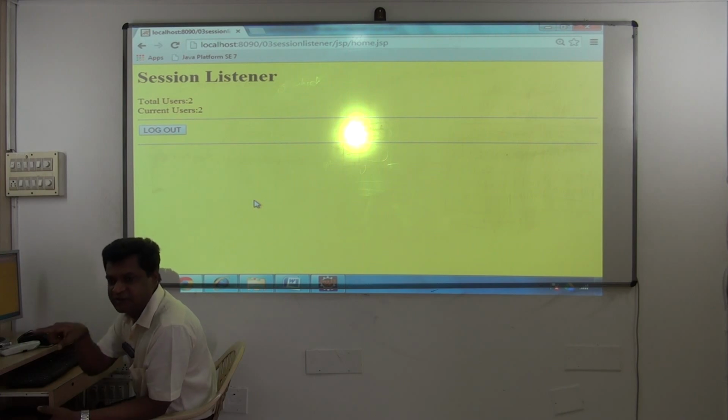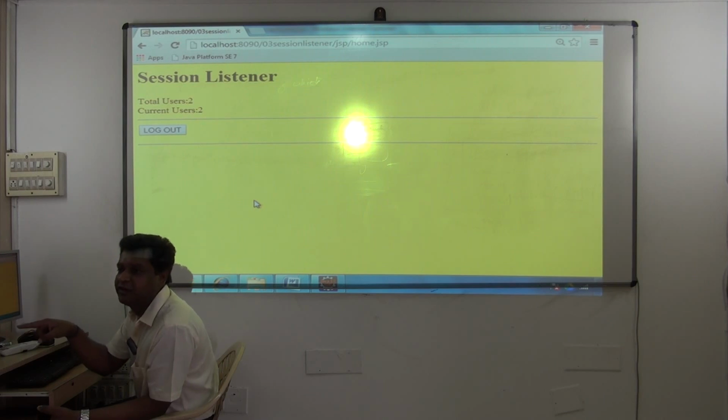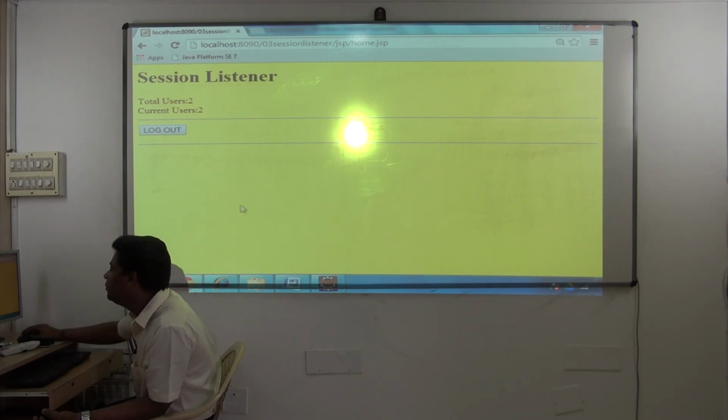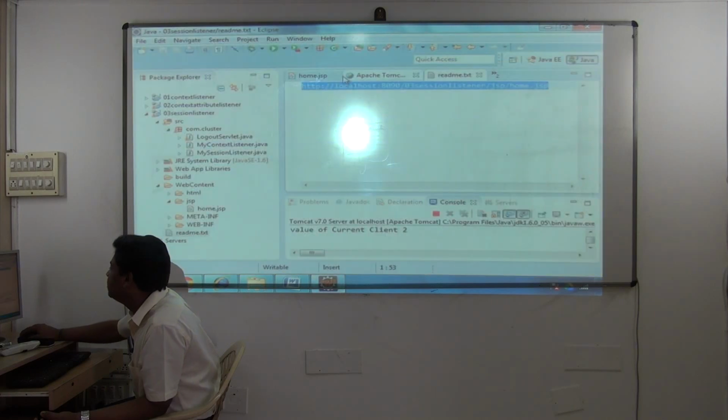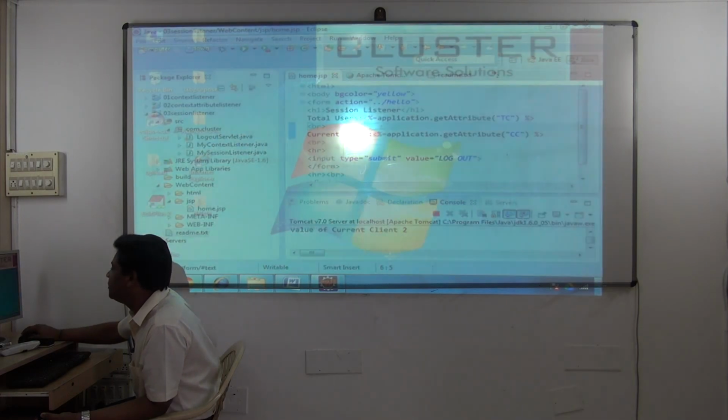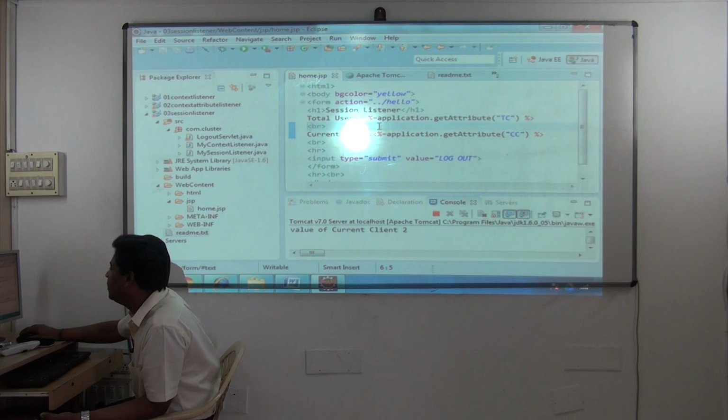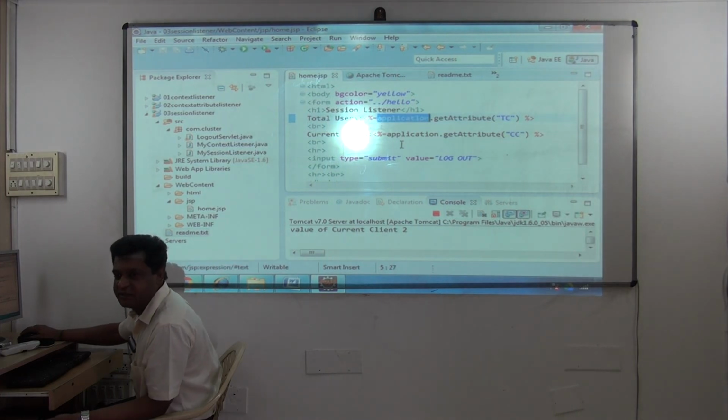As soon as the session is created, the session creation method gets executed. Session creation, what it is doing? Incrementing both. And that incremented TC and CC, that changed value will be displayed how? In home.jsp, application.getAttribute of TC and CC displayed.